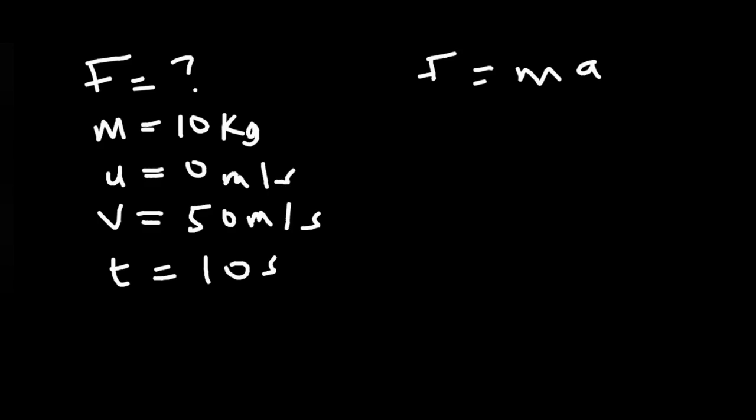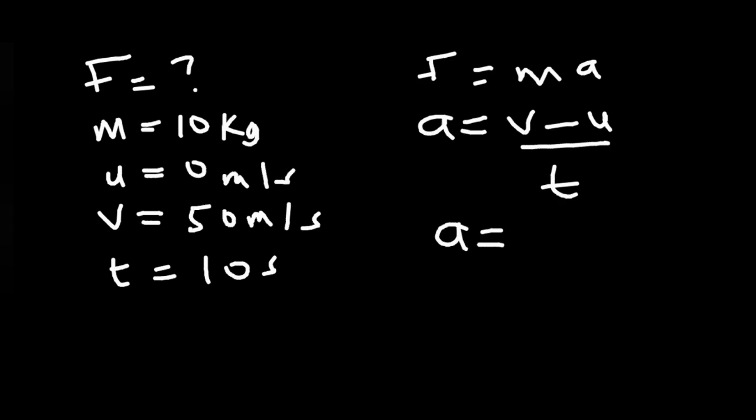But by definition, we know acceleration is the rate of change of velocity. That is, acceleration A equals (V minus U) over T. And of course, substituting, we shall have A will be equal to (50 final velocity minus 0 initial velocity) divided by time, which of course is 10. And of course, we have A will be equal to 50 divided by 10. Acceleration will be obtained as 5 meter per second square,